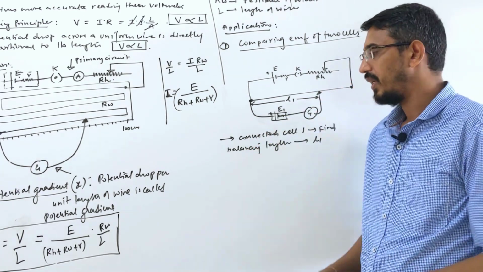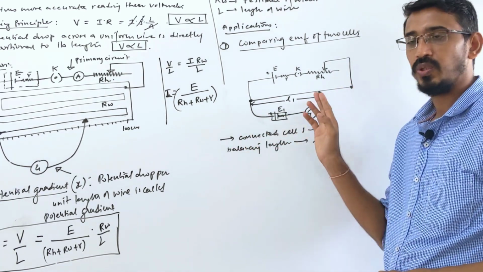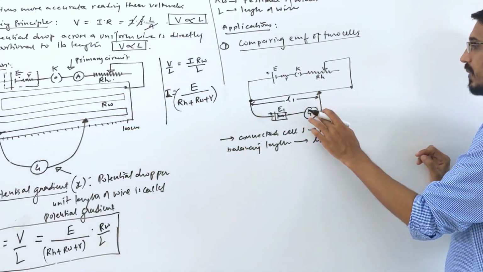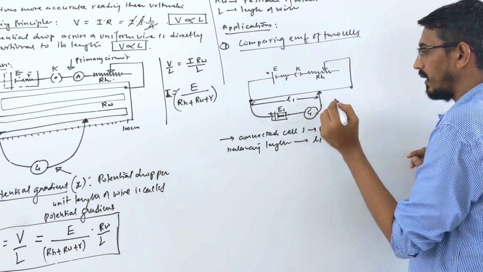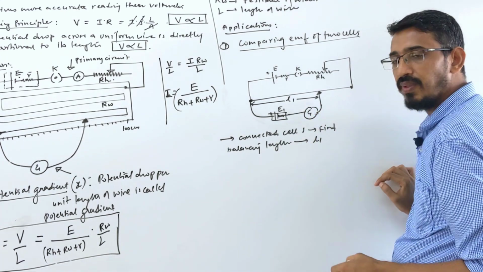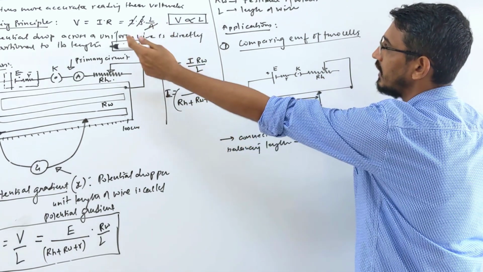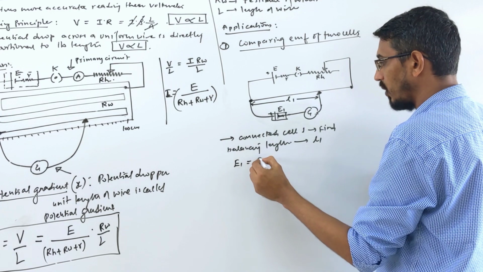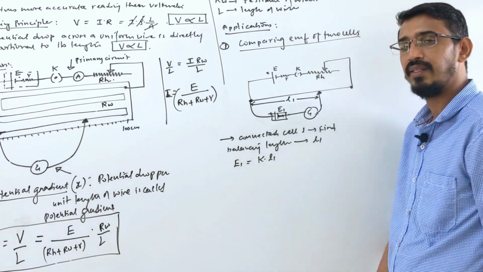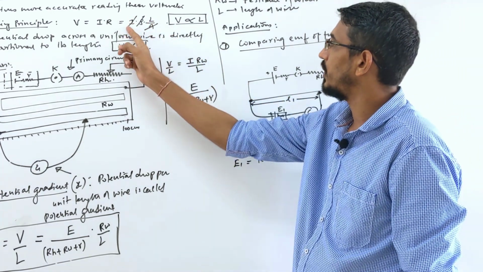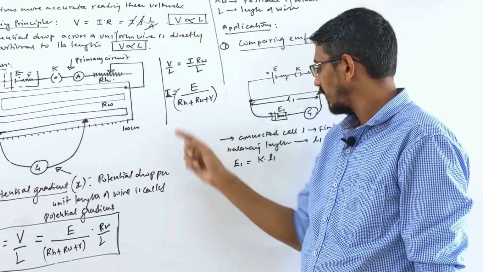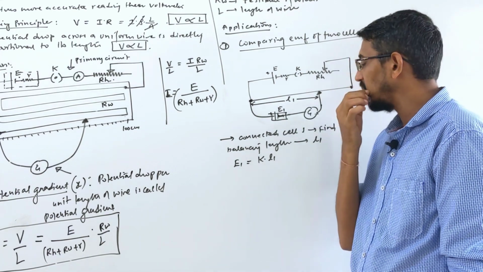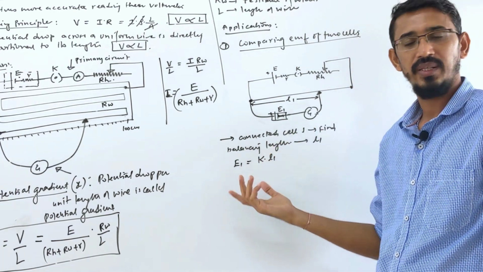You had a cell, you connected it, and with the help of a galvanometer and jockey you found the balancing length, just like you have done in the meter bridge, same thing. Balancing means the galvanometer shows no deflection. Thus the balancing length is L1. The EMF is proportional to the potential drop, which is proportional to length. So the EMF of that cell, E1, should be equal to some constant K times the balancing length L1. All these are constant terms, so it depends only on length. I am calling all these constants K. So the EMF of the first cell is equal to K times L1.